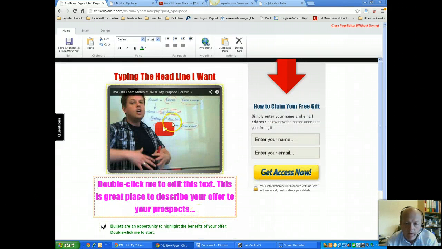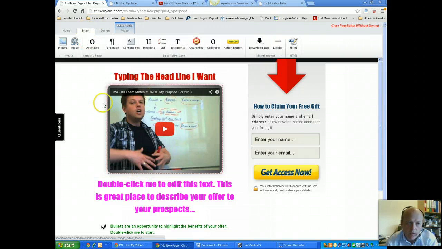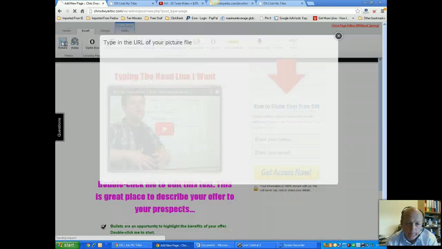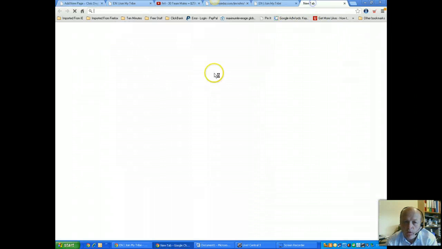Okay, say you wanted to put a picture in as well. I'll just quickly show you how you can put a picture in. So you just click on the video, because you want it to go in between the video and the text. Then you go and insert picture. Okay, so they want to insert a picture. Now we need a URL of a picture, and I'm going to show you where you can get the pictures from. So you just go into Google Images,